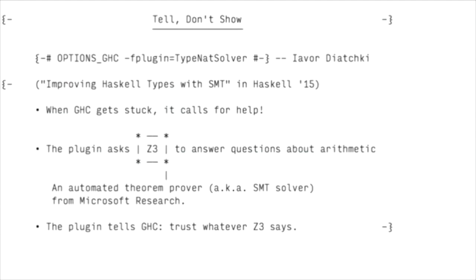So instead, what we might want to do is tell GHC, oh, come on, you know how plus works. We don't have to prove it to you. And that's exactly what these type checker plugins that I said I would talk about, and are sort of the core of this talk, are about. So Yavor Diatchki